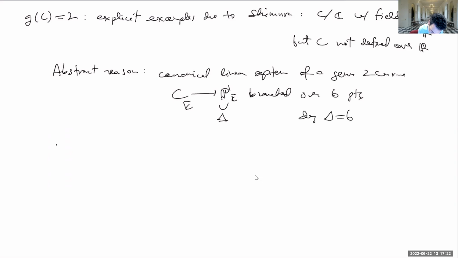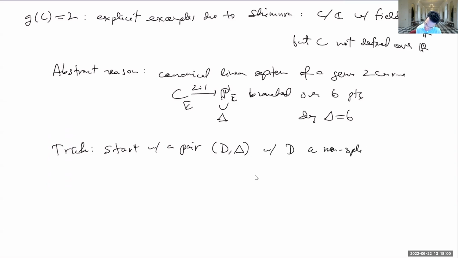So now here's a trick. Why can you make this a 2-to-1 cover? You can only make a double cover branched over a divisor if that divisor is a multiple of 2 in the Picard group. So if we want to make something with small field of moduli but not small field of definition, then all we have to do is make a divisor of degree 6 that's not a multiple of 2 in the Picard group. Right? So if we start with a pair D, delta, with, let's say, D a non-split conic, and delta in D a divisor of degree 6, then